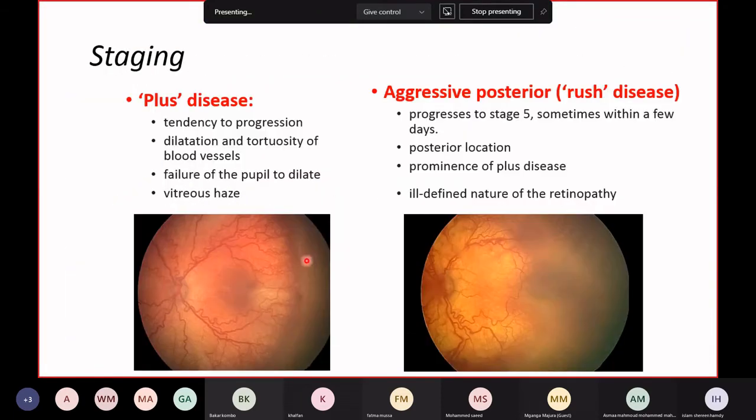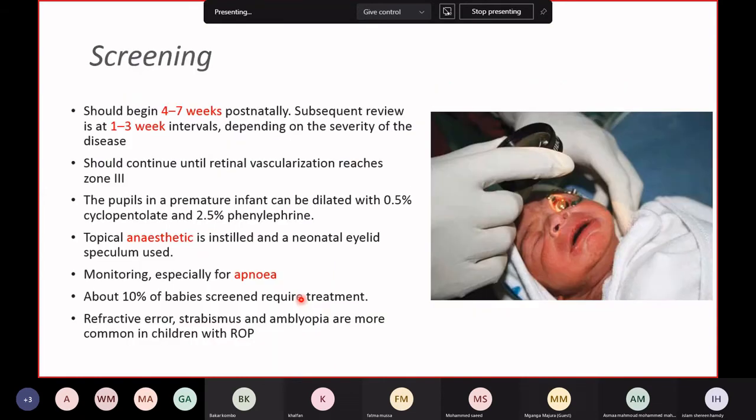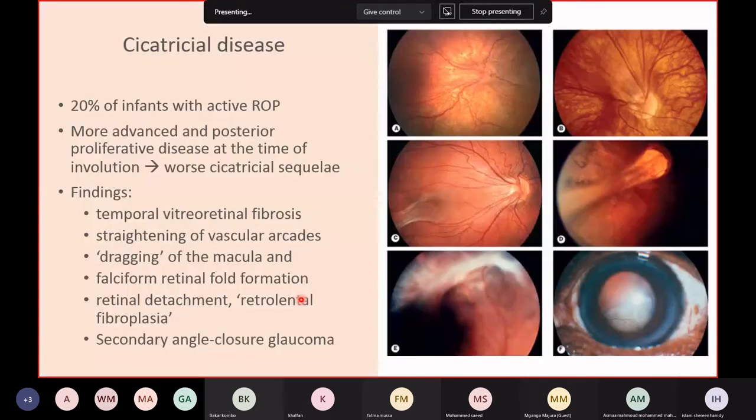Let's say, for example, a patient is having this. The changes are more common to happen on the temporal retina. If the patient is having an active disease there, and then it started to subside, and the vascular components start to regress, but the traction will start to increase and cause macular dragging. So you see that the retina is dragged towards the site of the previous ridge,